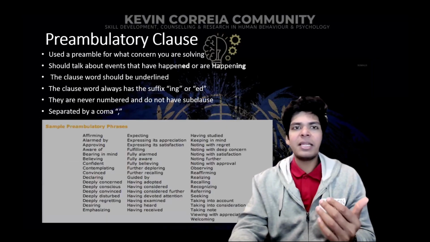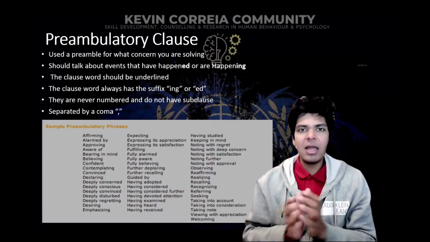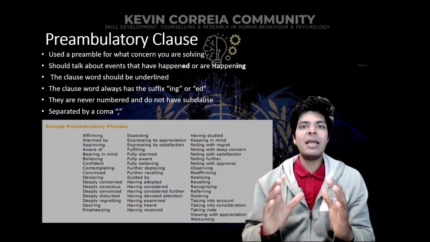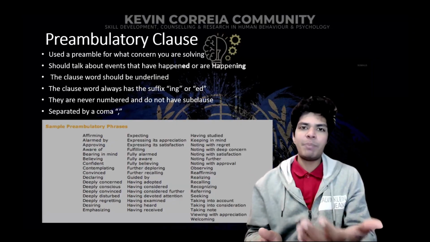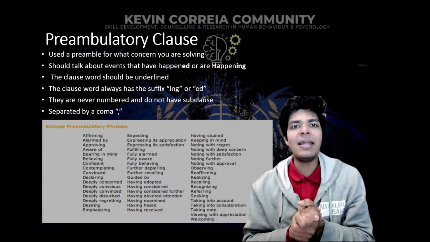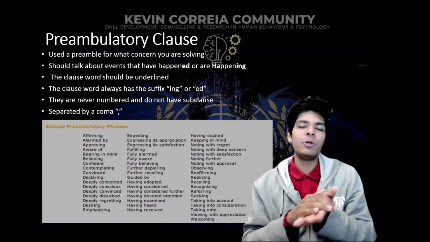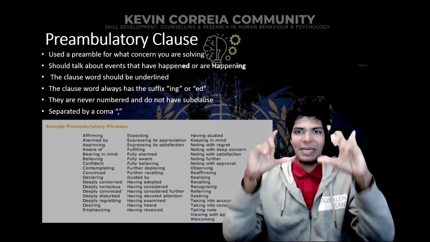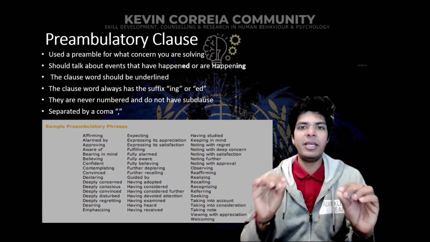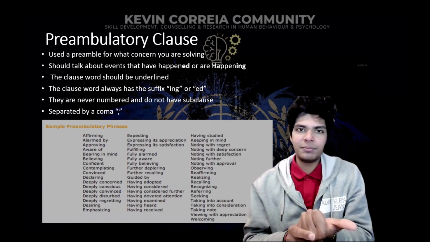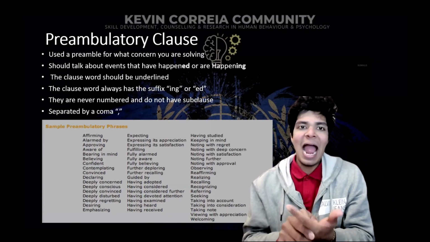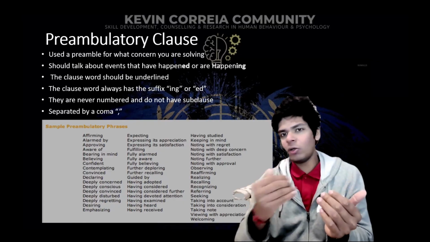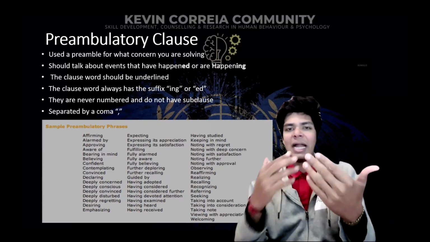Then the next part is the preambulatory part or the preamble. The purpose of the preamble is that any particular reader who picks up this paper is able to understand why that draft resolution was made and what are the problems that we are solving. So your preamble should consist very clearly of what is the concern and whom it is concerning and why it is a concern, essentially. And then you can go on to write your operative clauses to that. That is, what is the solution.